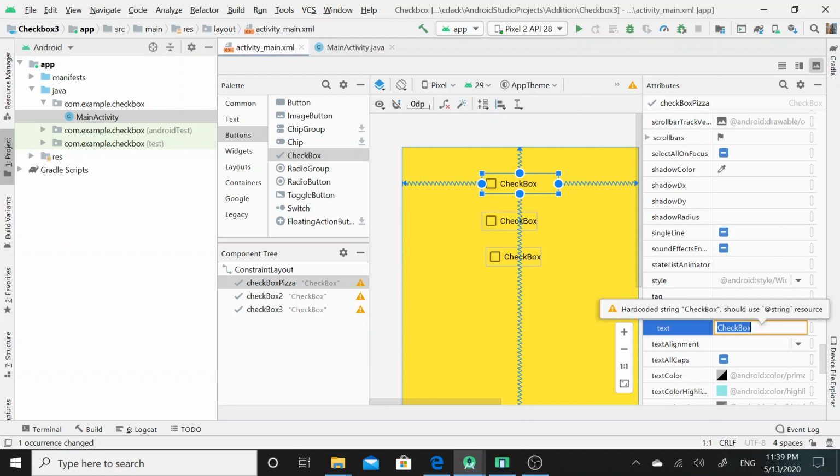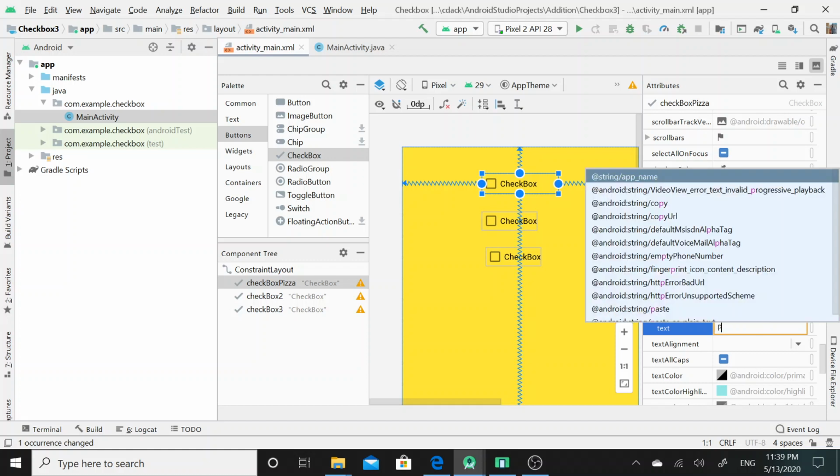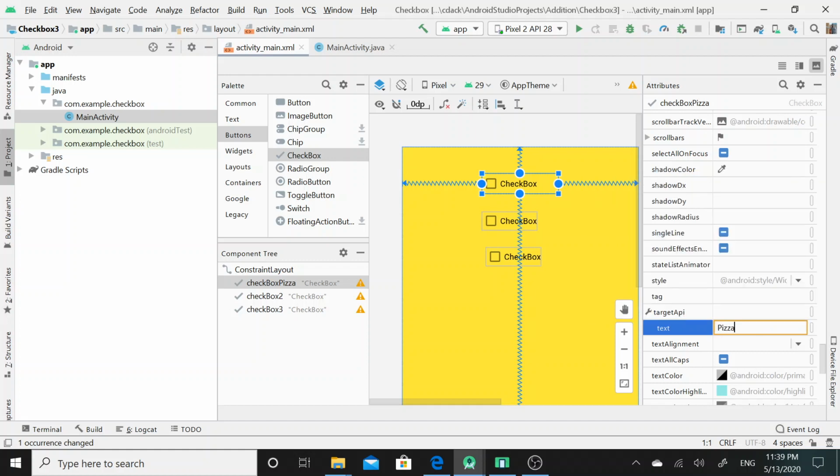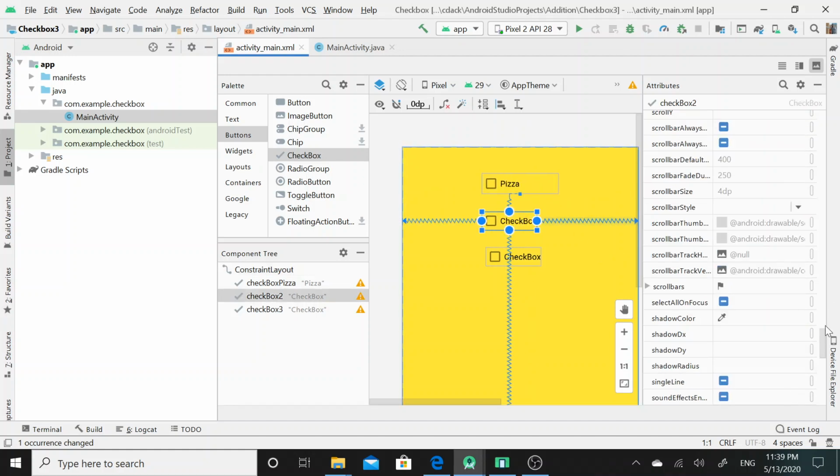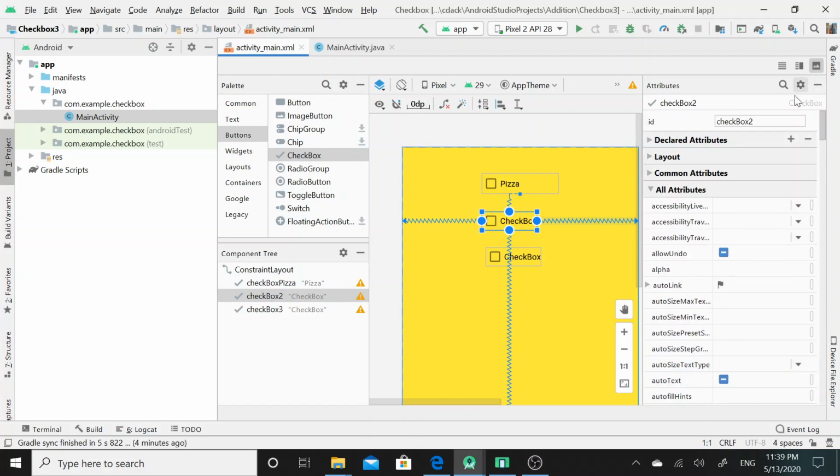Here I shall provide the name pizza. Again I shall select the second checkbox. Then I shall change its ID from checkbox2 to checkbox_toppings.